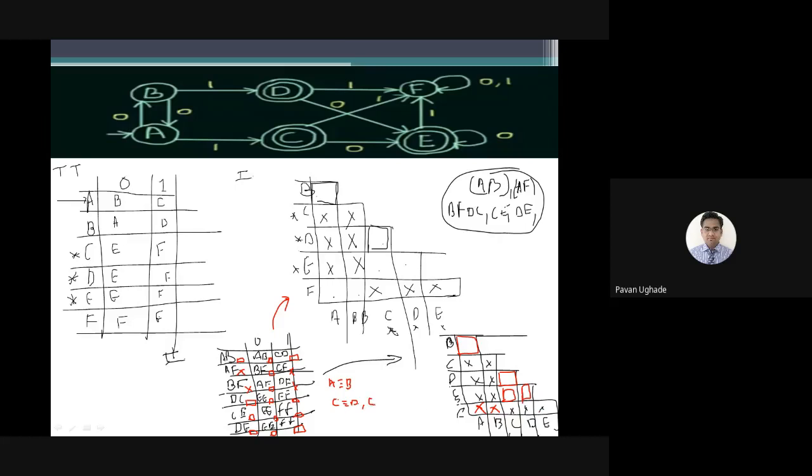Next, this is CD, CD is gone. C is equivalent with E. See guys, C is equivalent with E, and D is equivalent with E. Now, you can see C is equivalent to D, C is equivalent to E, so definitely D is equivalent with E. So can I consider like this? C is, just a minute, this pen is not good.